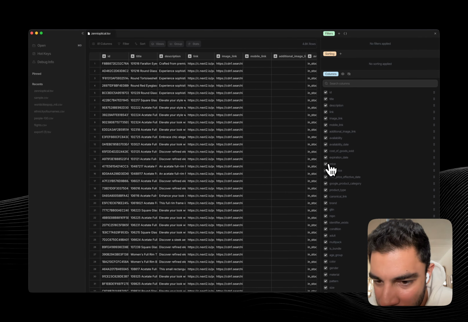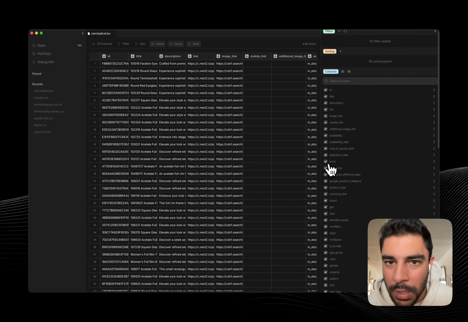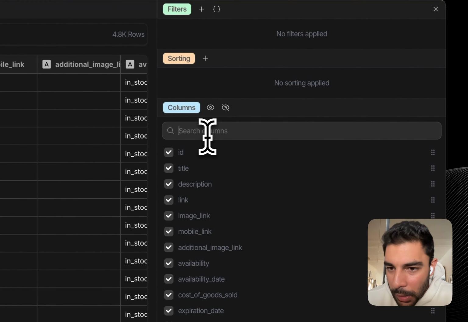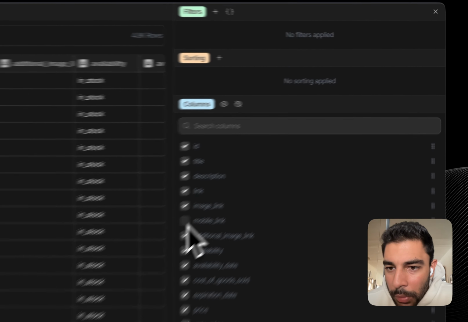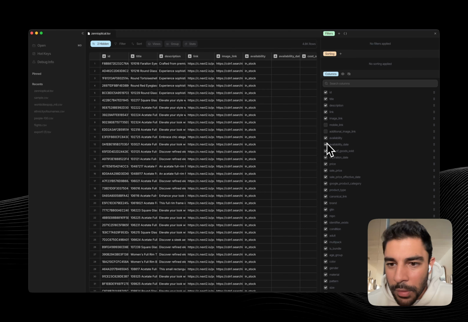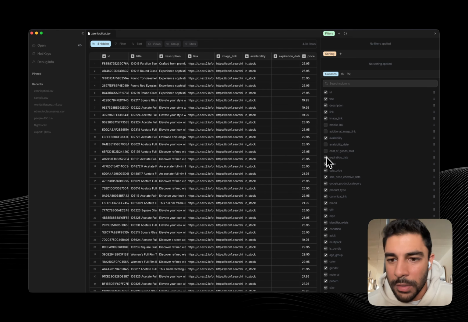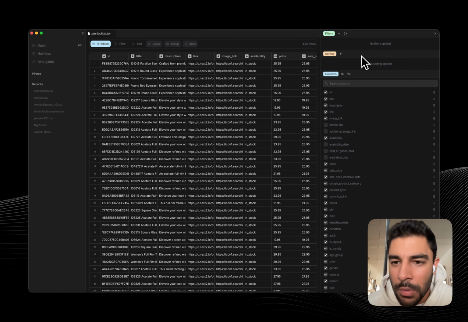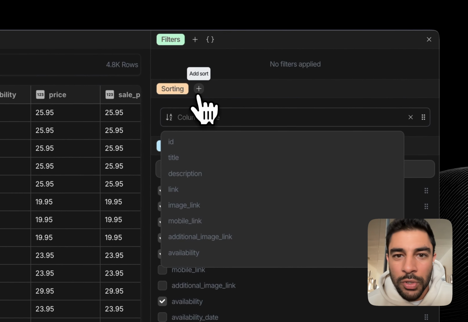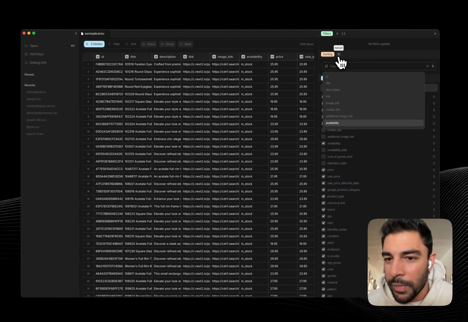So I'm going to hide some of these columns. Let's go ahead and hide the mobile link, the additional image link, the availability date, and the cost of goods, as well as the expiration date. So now that I've hidden these columns, I can start now to do some sorting. So let's say I want to sort by availability,